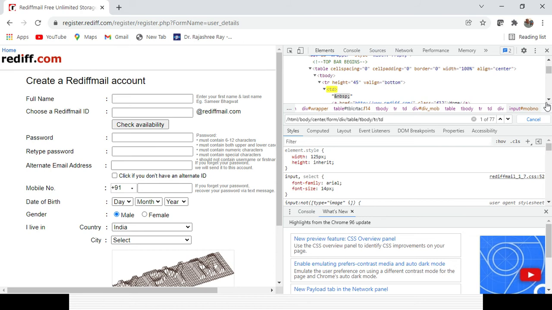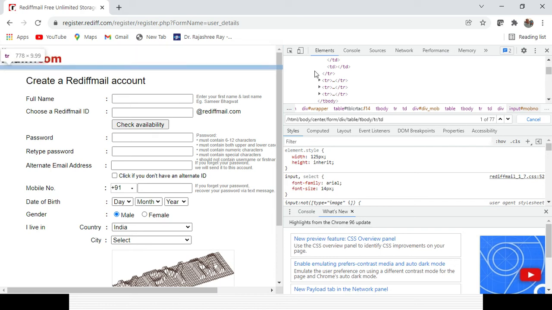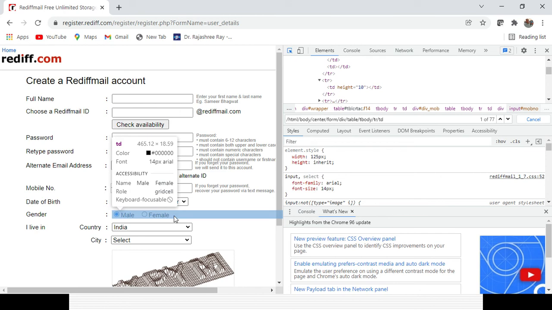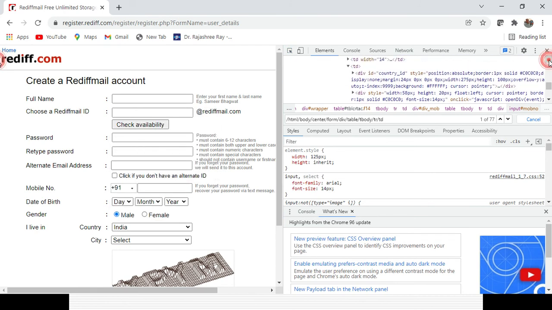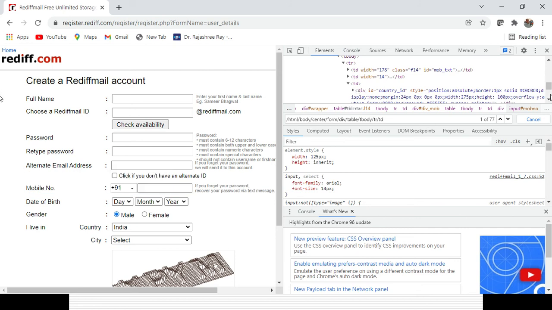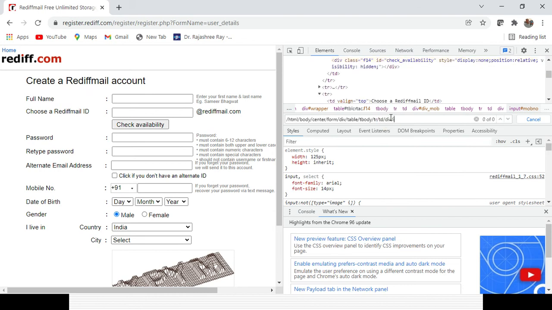Then this part I already came here. Then I'll be coming here, so this is my table I have come to, till that part tbody. Then I'll again go to the div here, div, then input: slash div slash input.